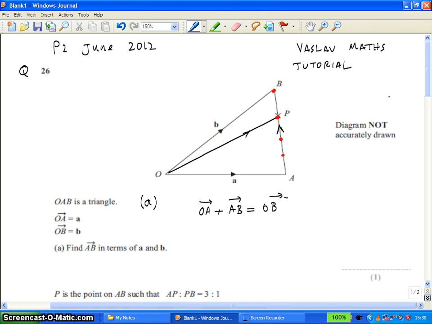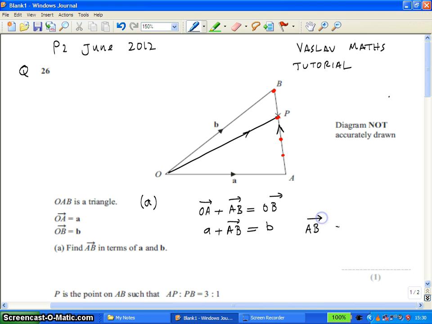Next, we're going to replace OA and OB with the given equivalents. So that's a plus AB equals b,